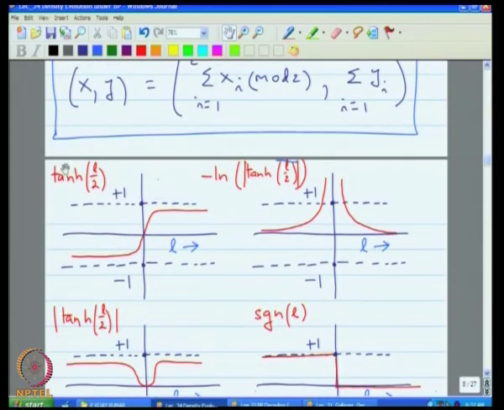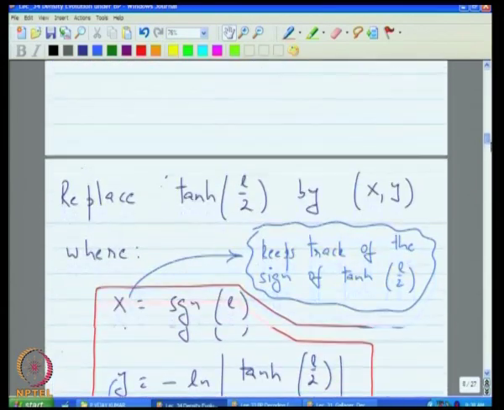Here is a sketch of the tan hyperbolic function. So, you see that the tan hyperbolic function has the same sign as the input, and in fact, if the input reverses sign, by symmetry the tan hyperbolic also reverses sign. So, what that means in particular over here is,